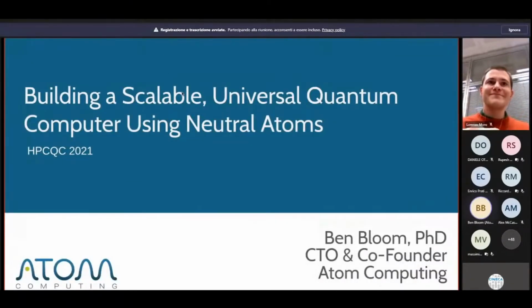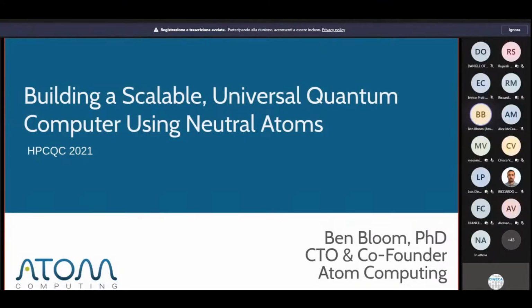Okay, thank you for inviting me to give this talk. I saw most of the talks didn't really go in depth about hardware, so this talk is a little different. But I think it's actually a pretty cool time to be talking about neutral atom hardware, and I'll touch on that at the very end, which is just that there's been a proliferation of results in neutral atoms very, very recently. Not just from Atom Computing, but from our industrial competitors as well as academic groups around the world. And so I'll tell you a little bit about all the exciting things going on there as well.